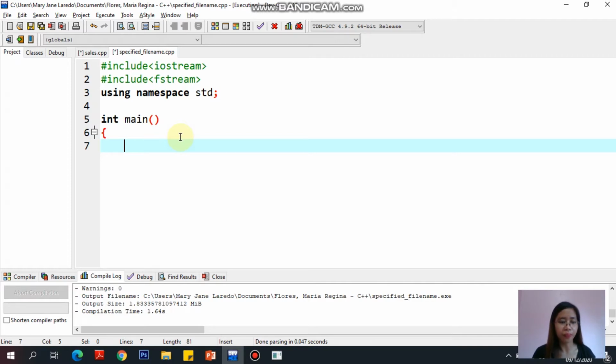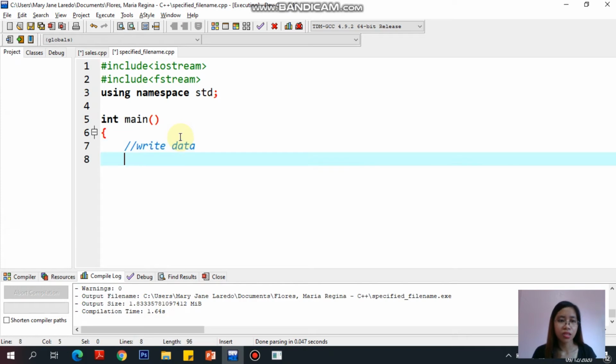ating program. So, for example, first, let us determine, are we going to read from a file or are we going to write data to a file? So, in this case, we are going to write data to a file. Write data. Kasi mag-input tayo ng data sa program natin, then i-store natin sa isang text file. So, kapag mag-write tayo ng data, what are we going to use? So, we'll be using ofstream or output